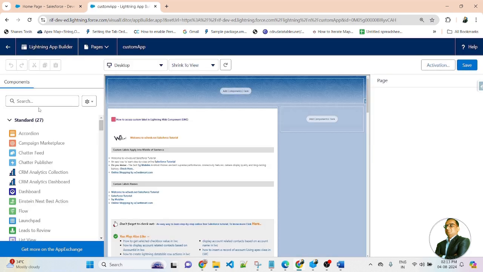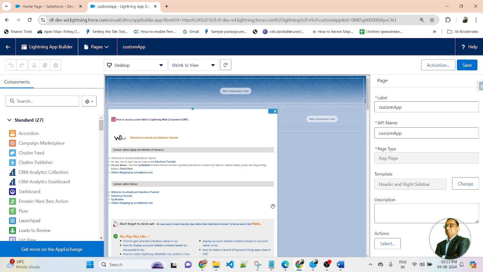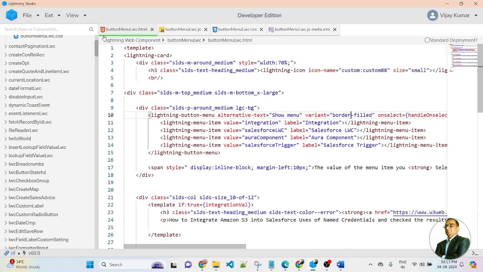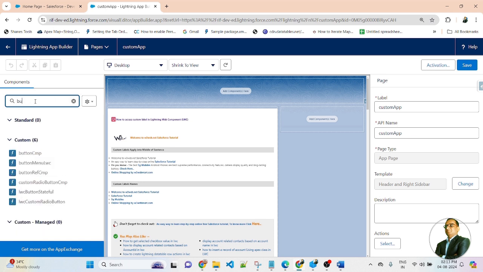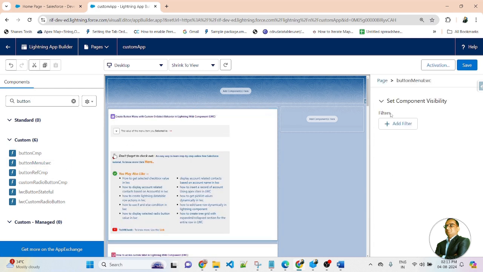Now I will call my LWC component in the custom app. My LWC component name is button menu LWC. So here I am searching for my component, button menu LWC. This is my LWC component. Simply select it and drag and drop it here. Now save. Once the page is saved successfully,